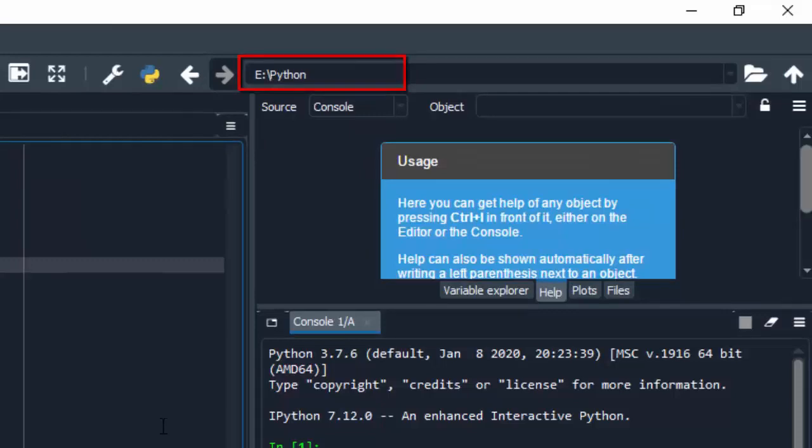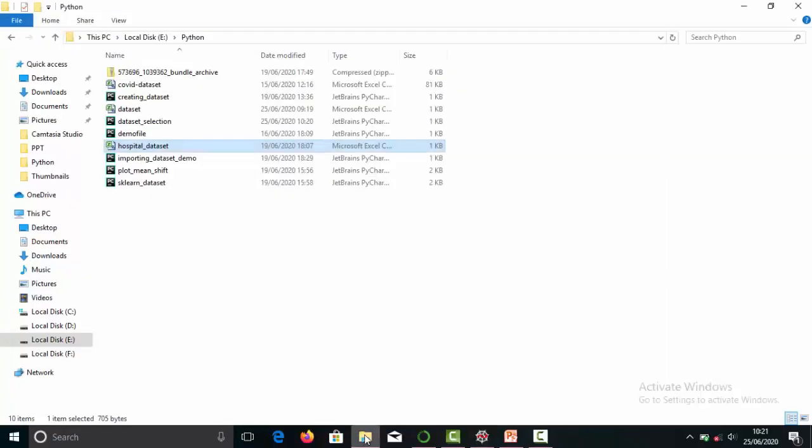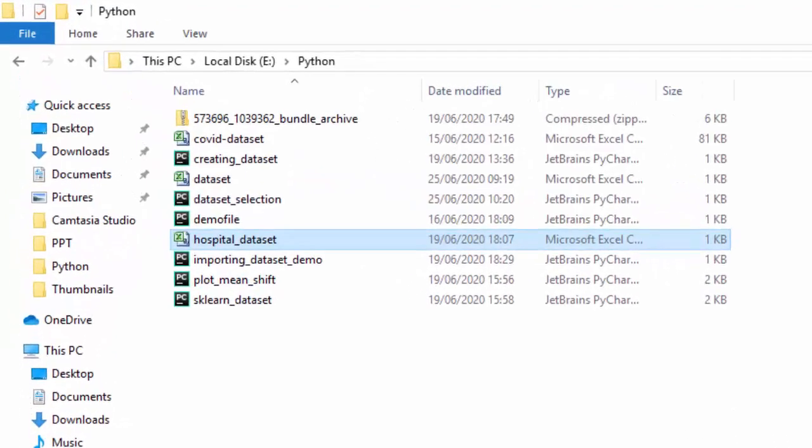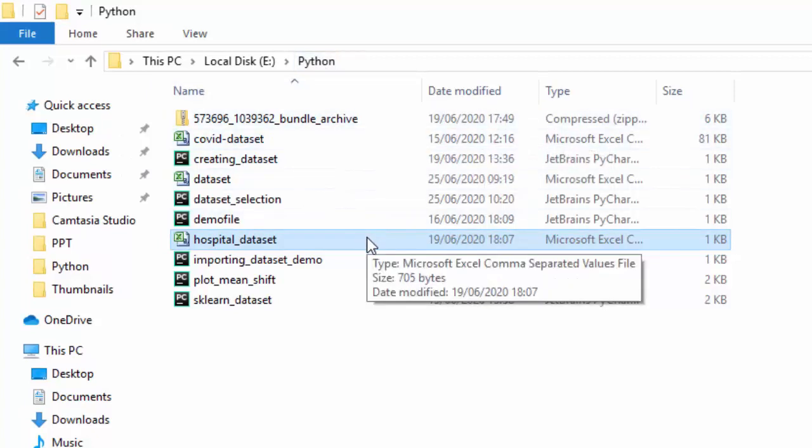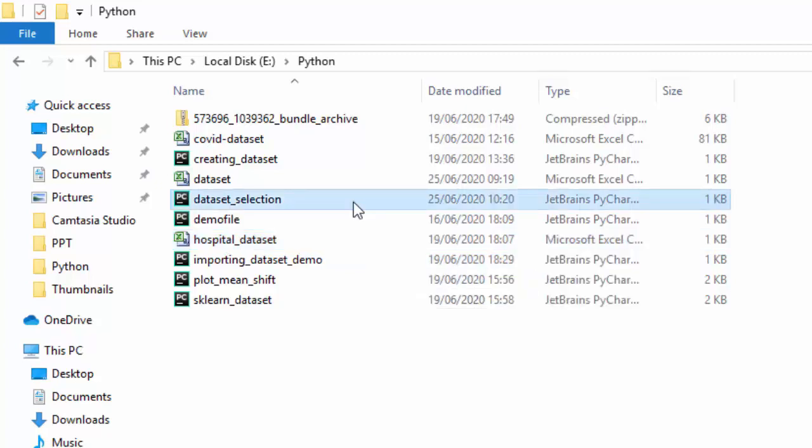I have moved to that location, and within the same folder is my data set, the hospital data set, which I am going to use. An important point to note is that your Python file and the data set on which you are going to work should be present in the same folder.